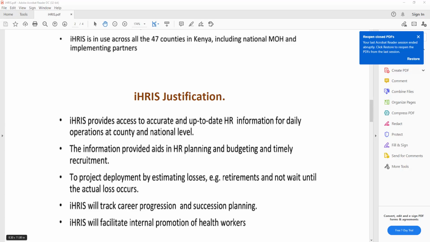For example, if I'm 58 years old, then the iHRIS system can notify the HR personnel that I'll be going for retirement in due course, so that they're able to plan for other recruitments. The iHRIS system also will track the career progression